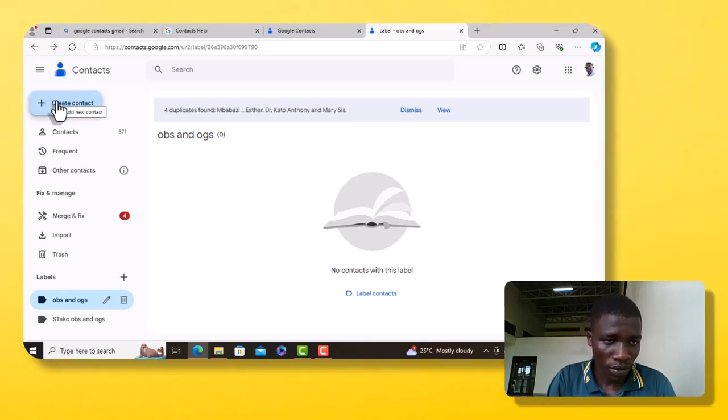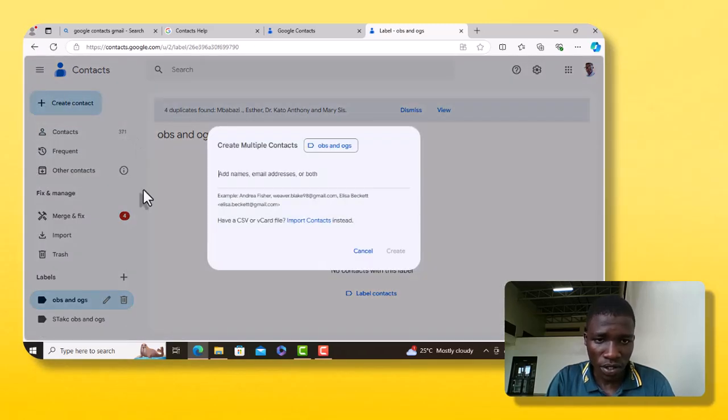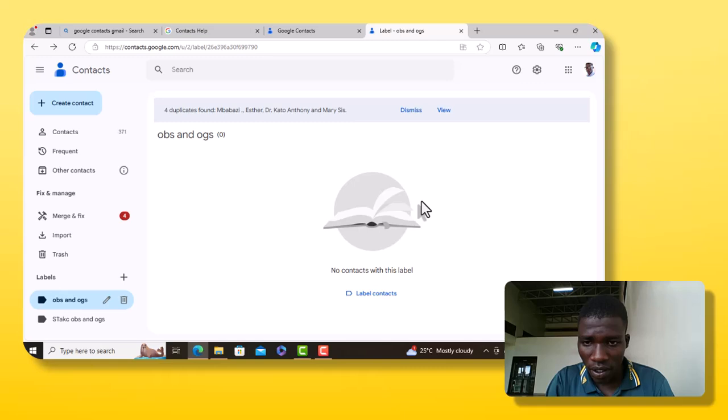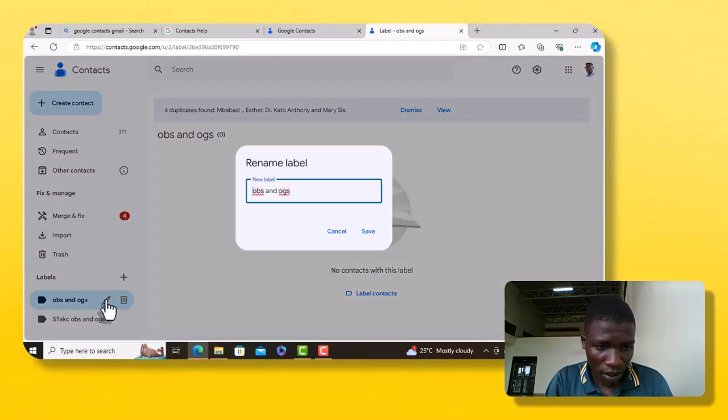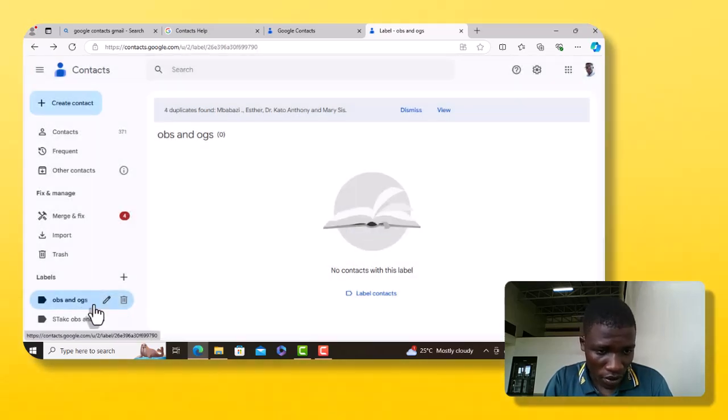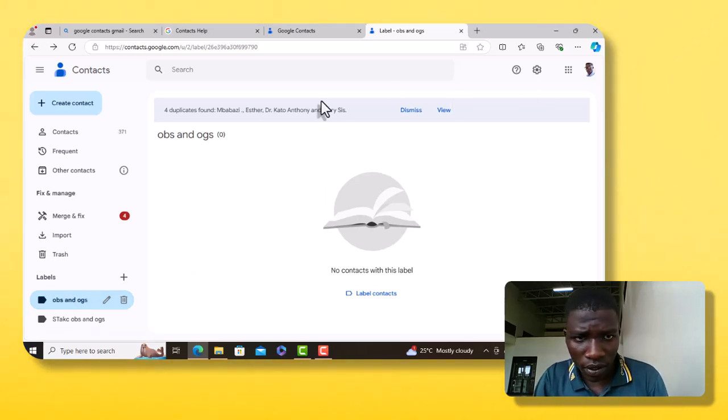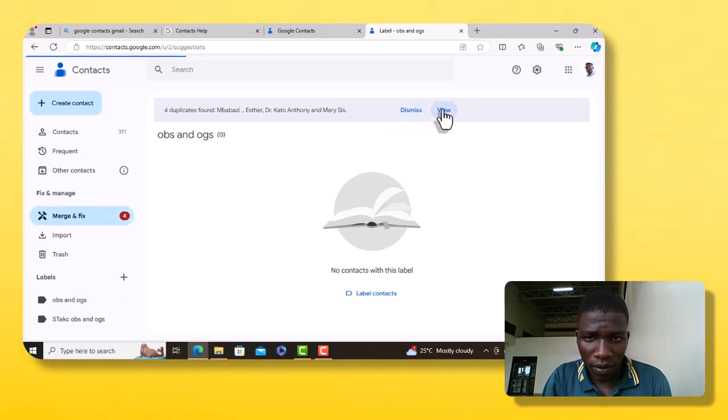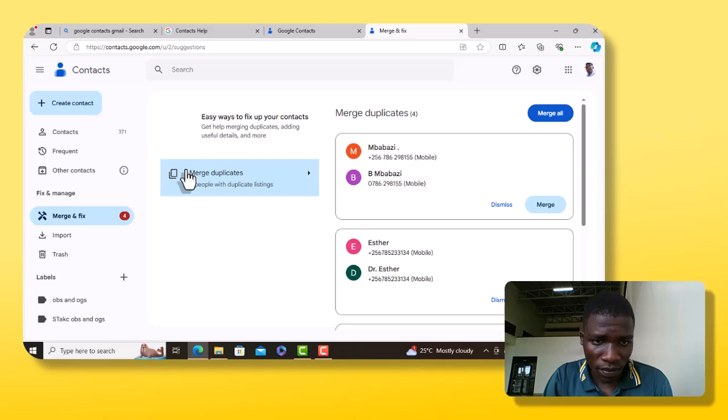So when you come to create contact, you can come to this label, and after saving, you can tap on it. Then we have an option of adding more. The option may not be there,